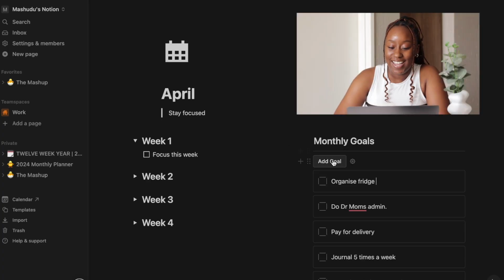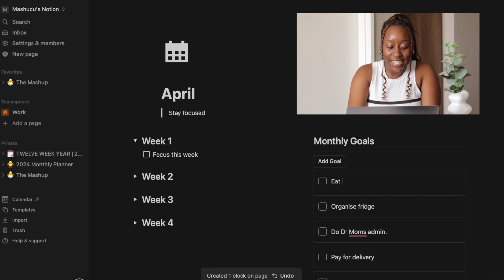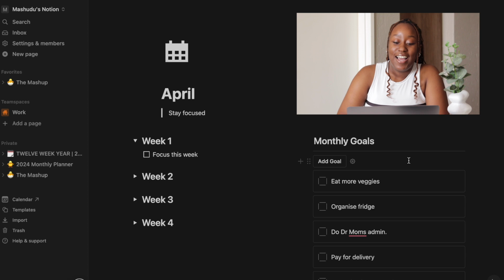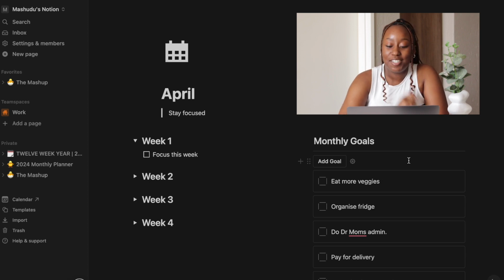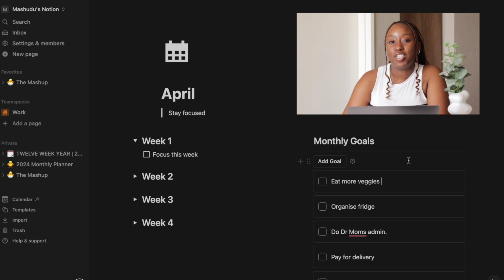And then I need to eat more veggies, because I cannot let my dietitian down. She told me to increase my fiber. She told me to eat more veggies, more than carbs. And I feel like I haven't been doing as much as I should be doing, because I have no excuse actually. I haven't been eating more veggies than I should. So I want to make sure that I buy more veggies, eat more veggies in my plates for this coming month.